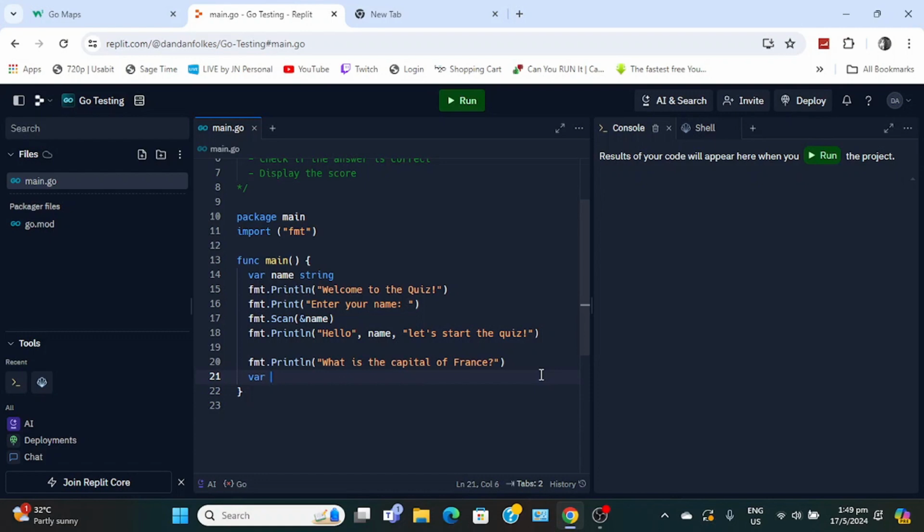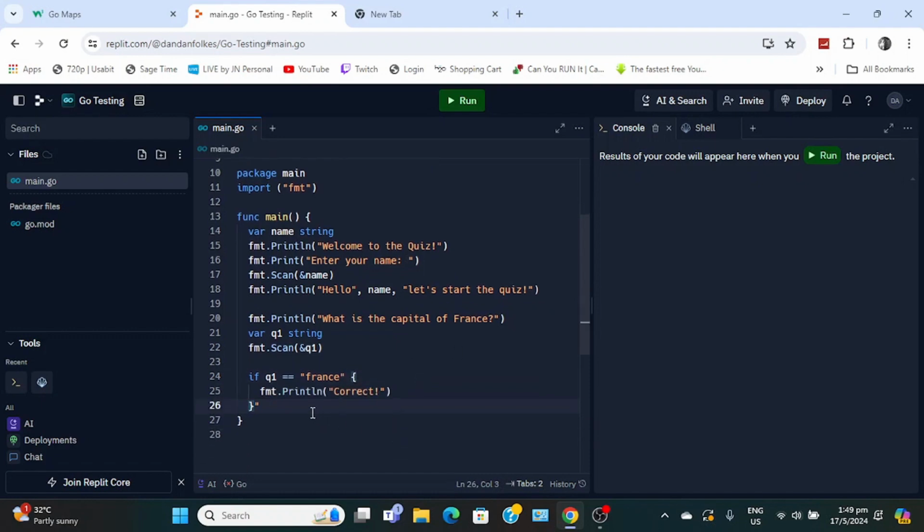Variable is Q1, and then fmt.Scan, and I'm going to say &Q1. I want to say that if Q1 is equal to France, then yeah, do what that just said. Correct, else incorrect. And then score plus equal 1.